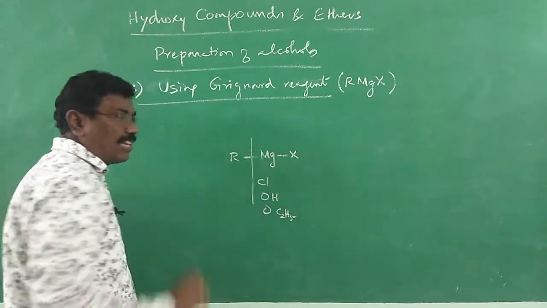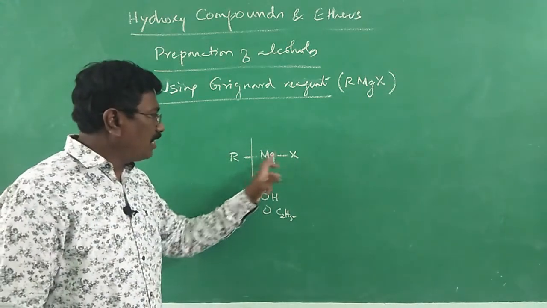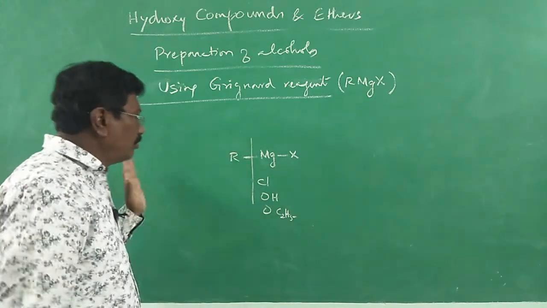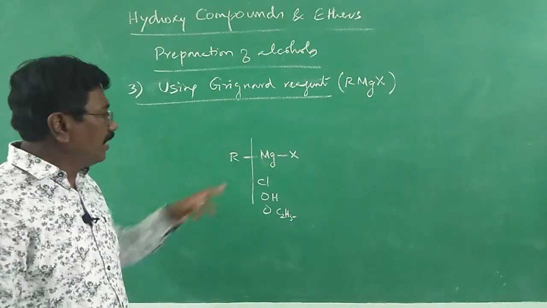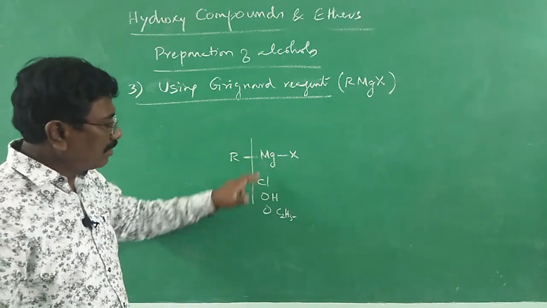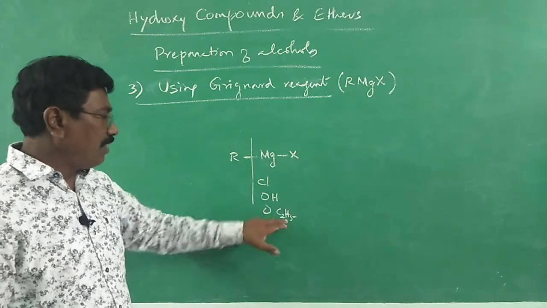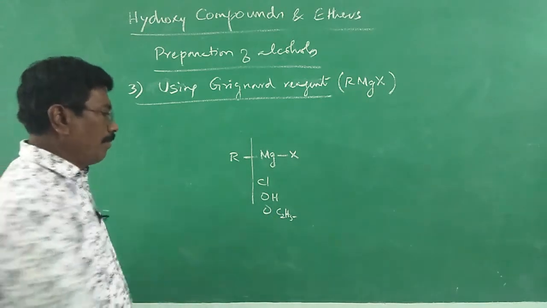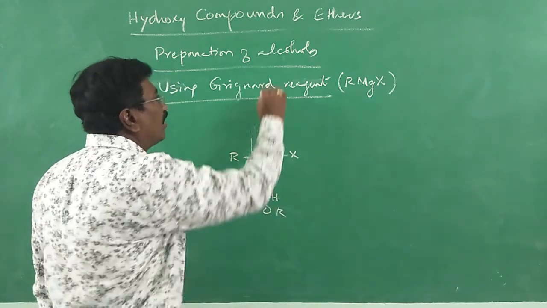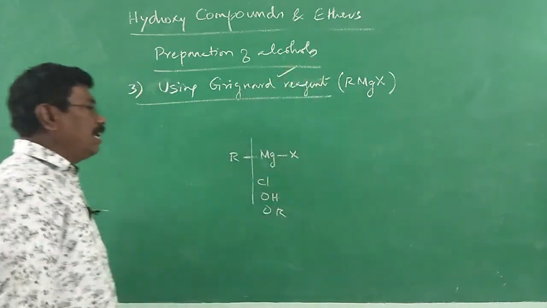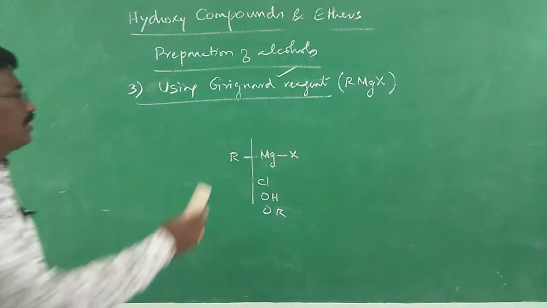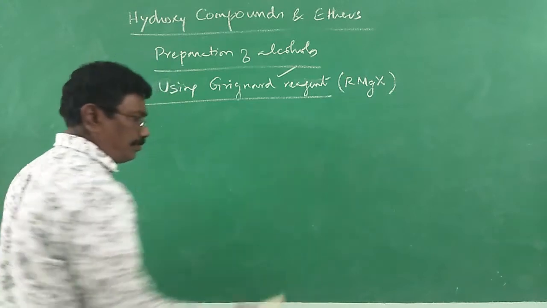Magnesium is an electropositive metal. Already it is making a bond with the halogen. The other one is the alkyl group. It tries to break the bond with the alkyl group. It likes to make a bond with an electronegative halogen, hydroxy or alkoxy. Alkoxy, here I have ethoxy. And because of this reason, the Grignard reagent is found to be a more important synthetic reagent in the preparation of so many compounds, especially alcohols also.